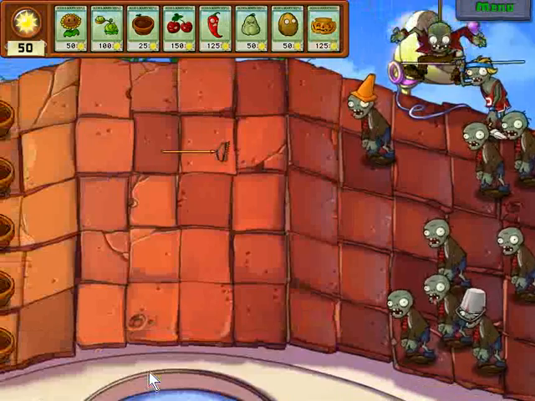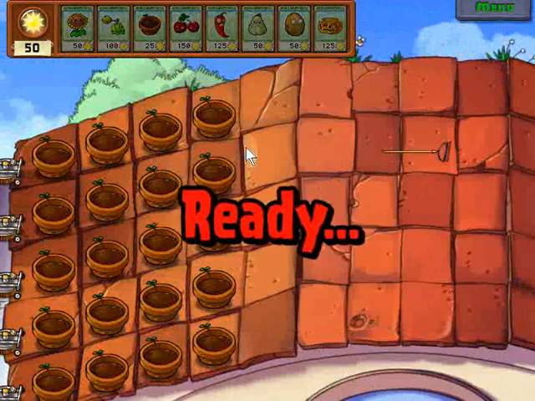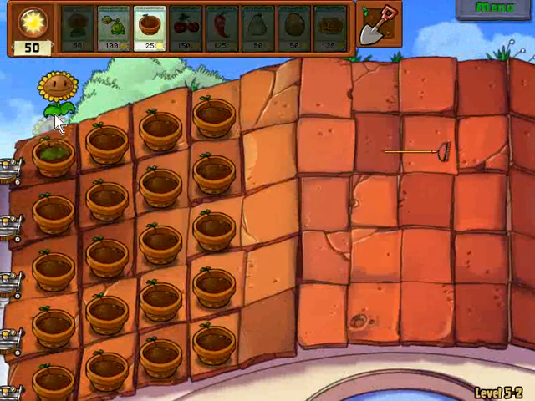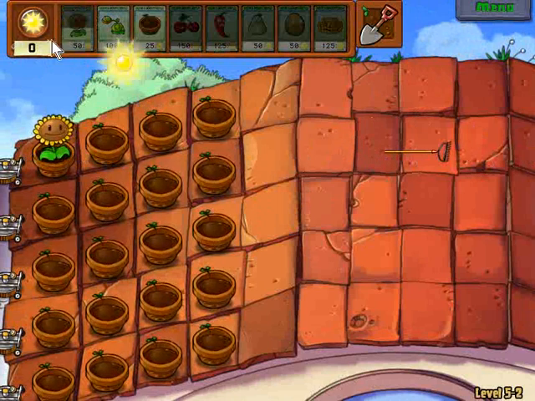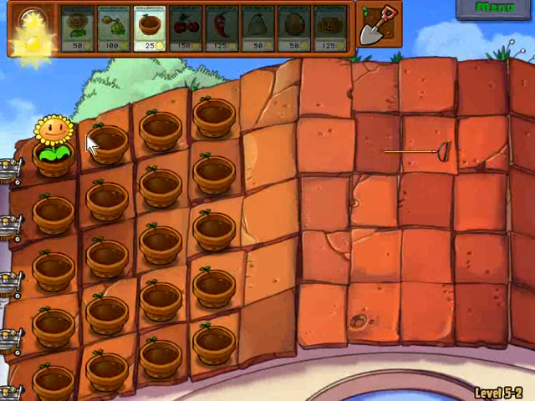All right, let's rock. See the rake. Now you know the zombie will come. It'll kill the first zombie, and he's going to be coming down that way. So we don't even have to worry about the first zombie. Let's just concentrate on